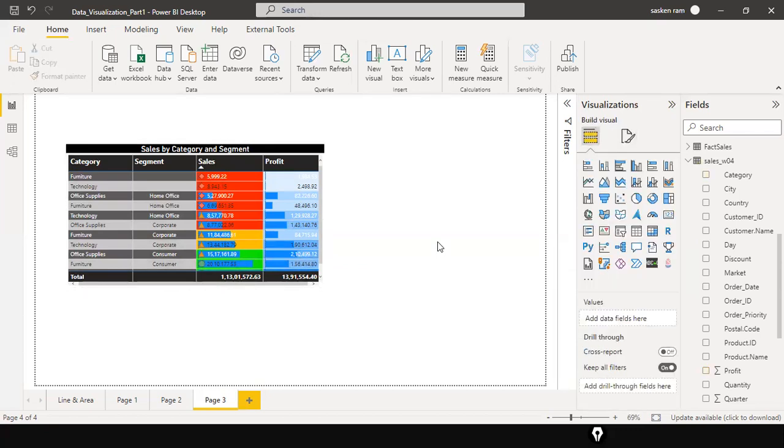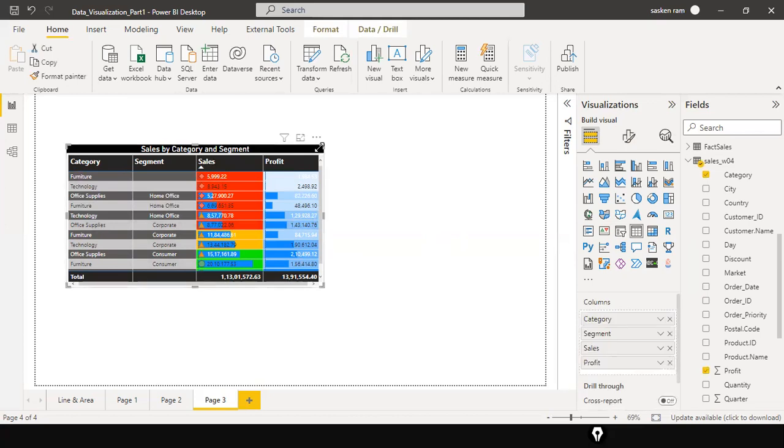So this is how we can create the table visual. Next one is the matrix visual. I just copy this visual